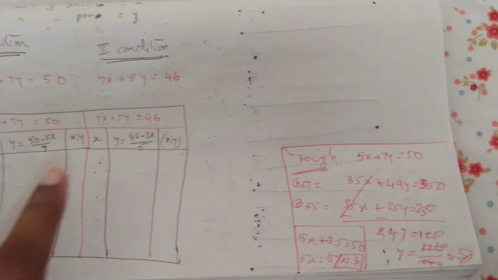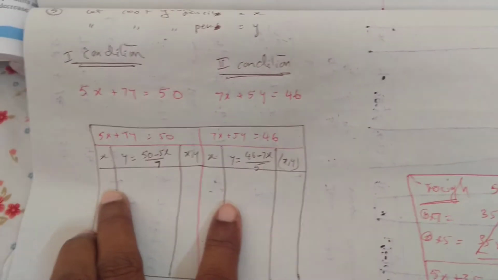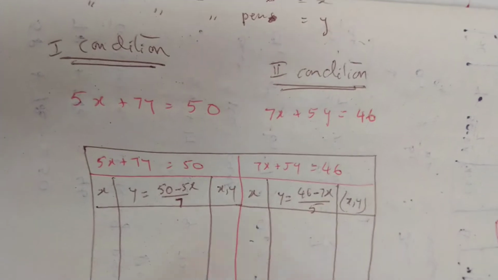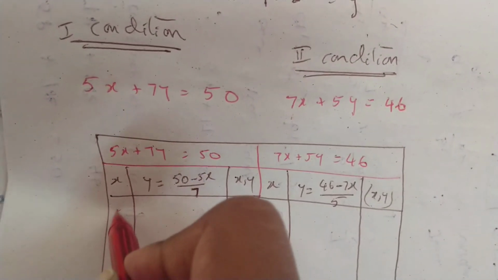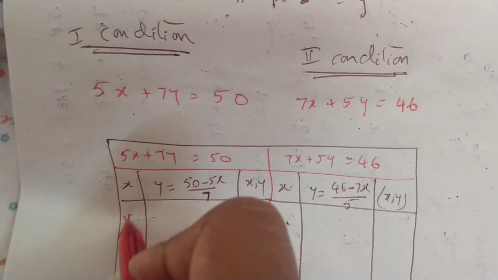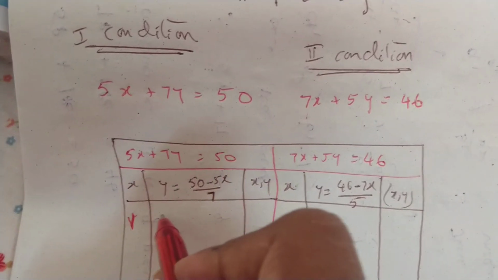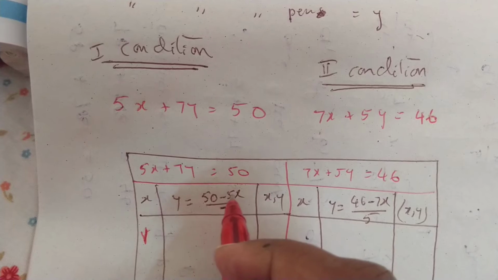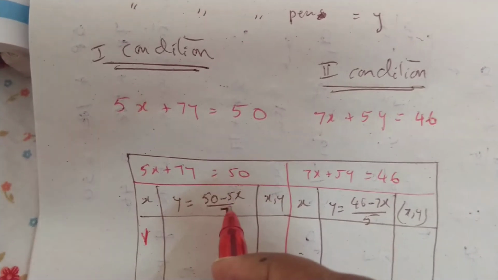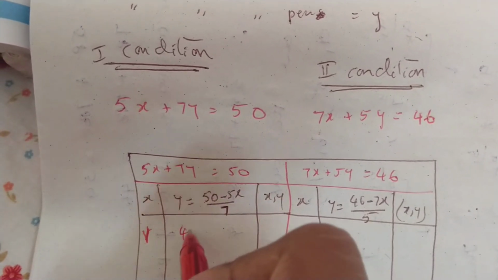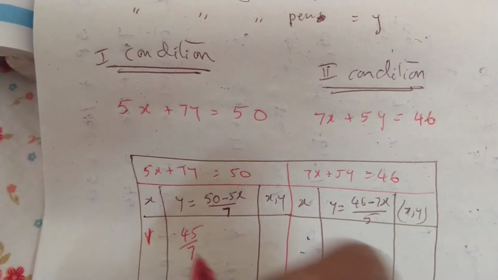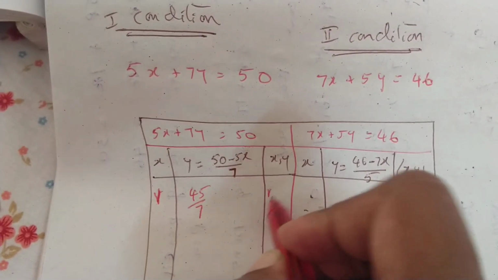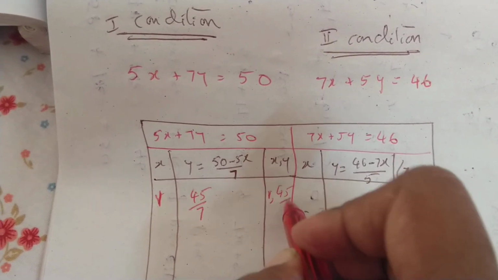Now let us substitute here and we will see what solutions we are going to get. Now I must definitely do for x is equal to 3. So now I will start from x is equal to 1. Okay, I am taking my x value to be 1 here. Now what is y? 50 minus 5 ones are 5. 50 minus 5 is 45. Right, 45 by 7. So my value here is 45 by 7. I am leaving it like that. So now what are the coordinate points? 1 comma 45 by 7.